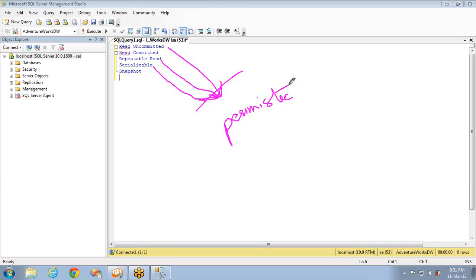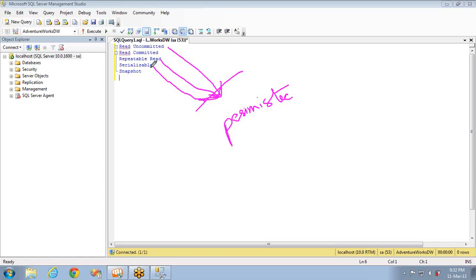So these 3 are available only in the pessimistic concurrency model. What is meant by the pessimistic concurrency model? It will think that there may be a chance of blocking, and hence it will apply locks. So read uncommitted, repeatable read, and serializable, all these 3 fall under the pessimistic concurrency model, or I can say these 3 will be available only for the pessimistic concurrency model.